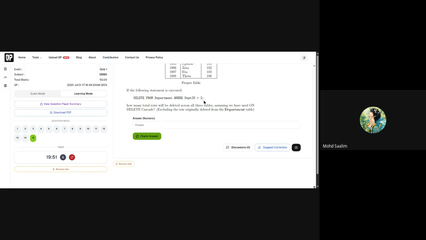Relational schema given, one query is given, which is about right outer join, and they are asking the minimum and the maximum thing that we already saw, right? About understanding the joins properly. Department, employee, and project given below. Delete from department query is given. How many total rows will be deleted across? So again, it is about a referential constraint. So I think this is enough for collecting the patterns. Let's see what we collected.